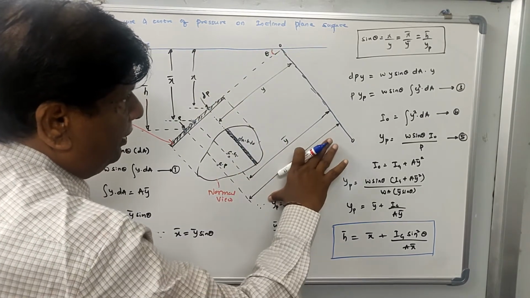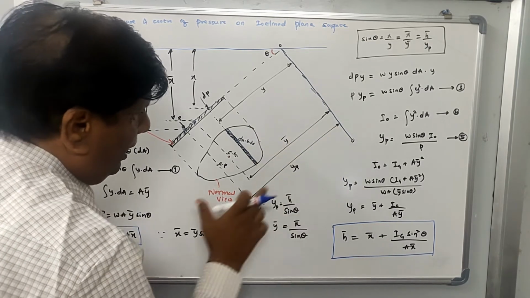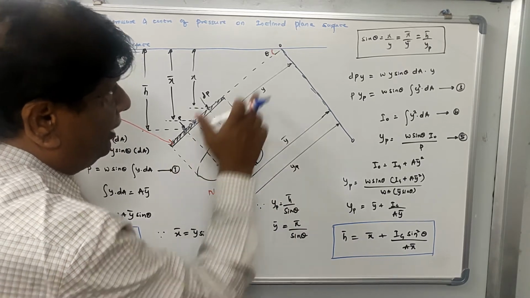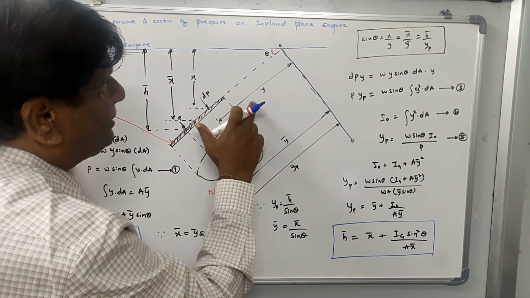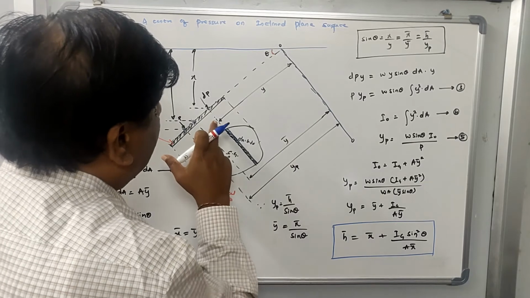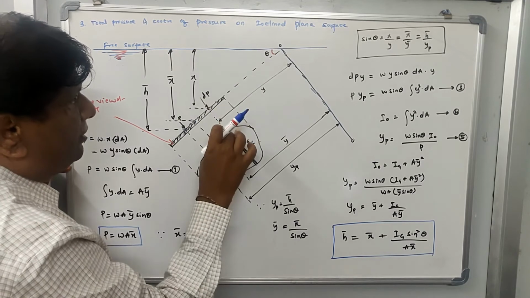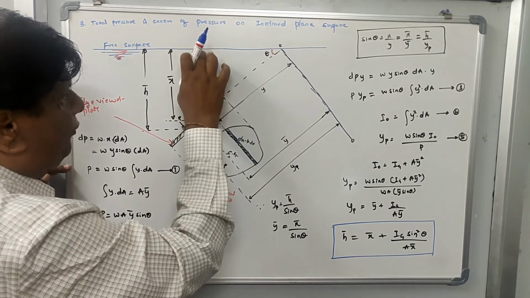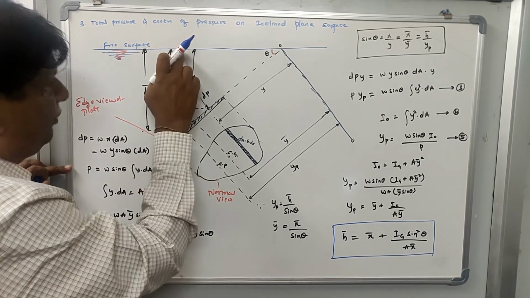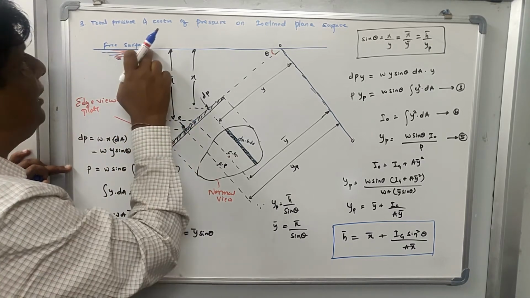So yp is the total depth, that is the depth between the inclined axis OO and CP. Y bar is the distance between the CG point and axis OO. Y is the distance between the inclined axis OO and the strip. Then x is the vertical distance between the strip and the free surface. X bar is the vertical depth of the CG point from the free surface. H bar is the vertical depth of the CP point from the free surface.